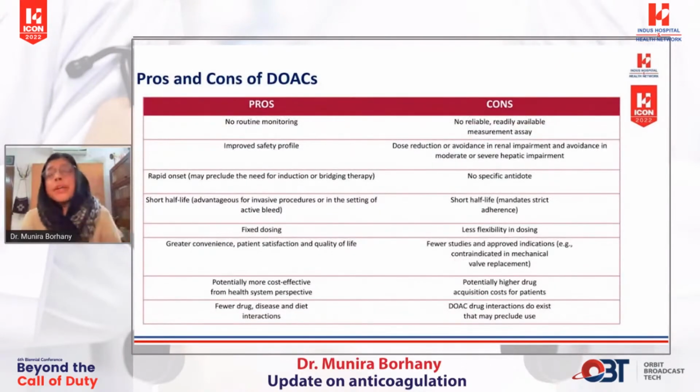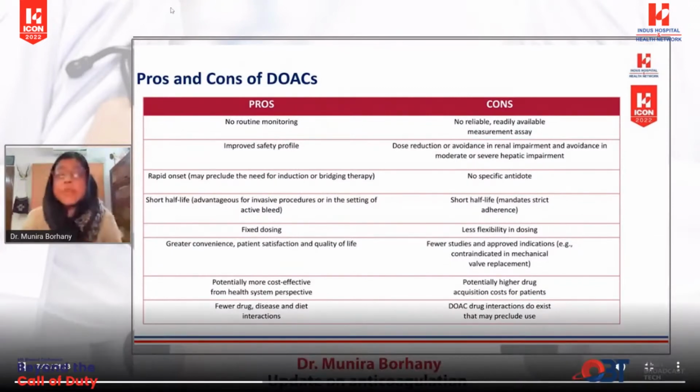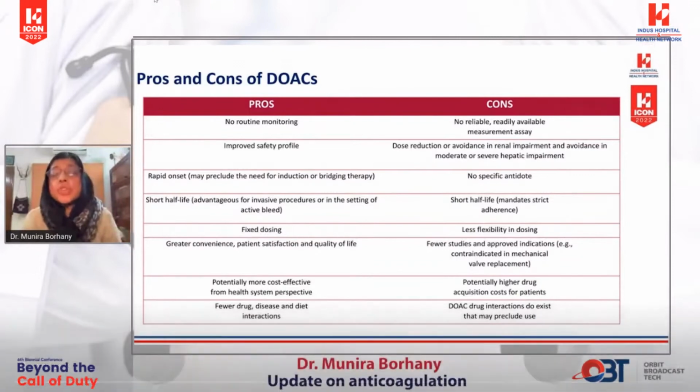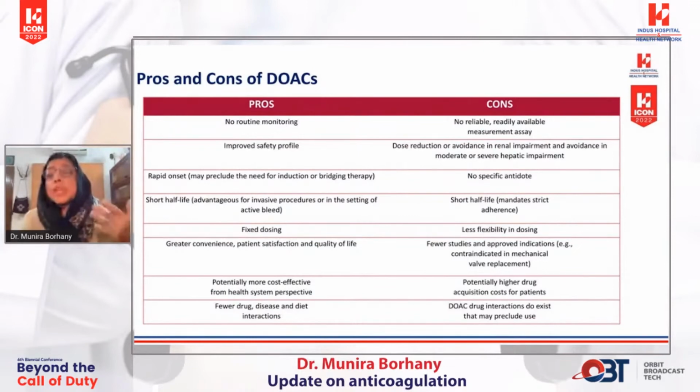प्रोस एंड कॉन्स क्या हैं DOACs के? लोग कहते हैं कि DOACs के बहुत सारे फायदे हैं, इजी है, सबसे इंपॉर्टेंट ये है कि इसमें नो रूटीन मॉनिटरिंग की नीड नहीं है, पेशेंट को बार-बार लेबोरेटरी जाना नहीं पड़ता, PT INR नहीं देखना पड़ता, फिक्स्ड डोजेस हैं। ये सारे पॉइंट्स इसके फेवर में हैं कि एक तो रैपिड ऑनसेट ऑफ एक्शन है, शॉर्ट हाफ लाइफ है, पेशेंट की कन्वीनियंस बहुत ज्यादा है, क्वालिटी ऑफ लाइफ के लिए बहुत ईजी हो जाता है, और कॉस्ट इफेक्टिव इस सेंस में है कि टाइम की बचत है और लेबोरेटरी टेस्टिंग की बार-बार जरूरत नहीं पड़ती।